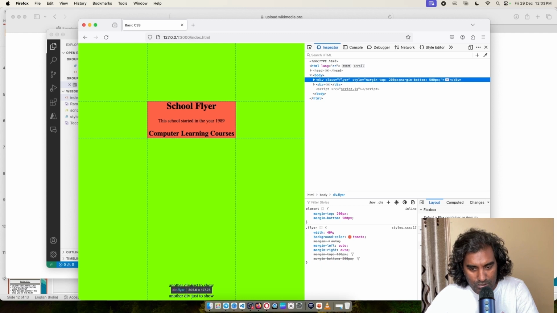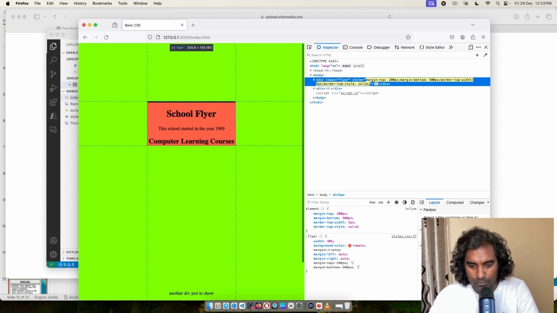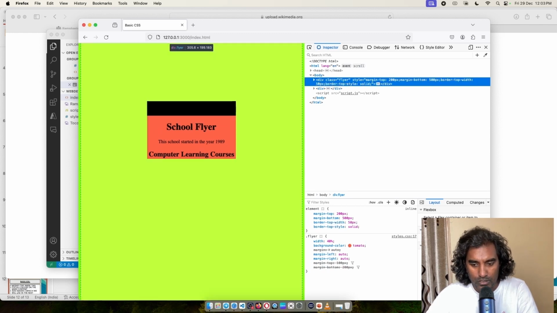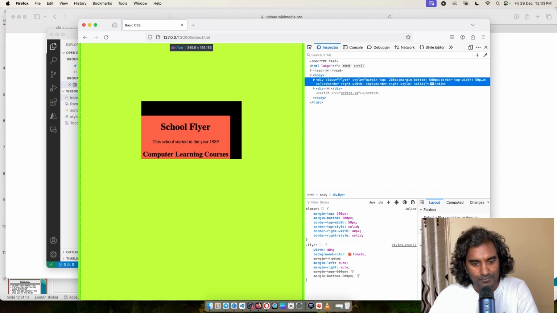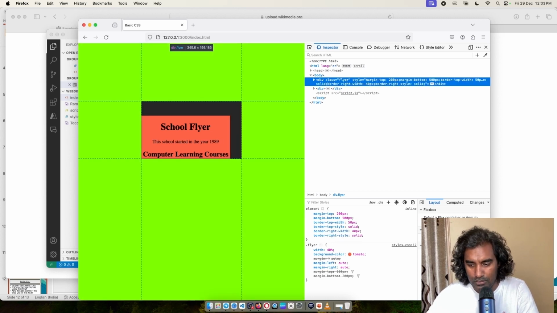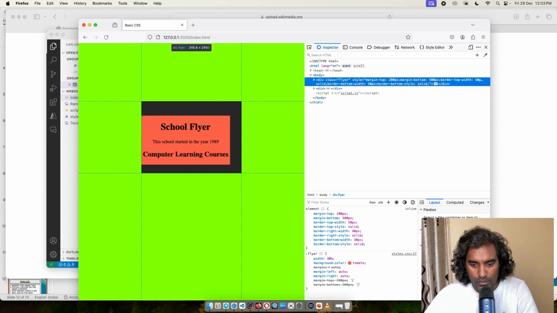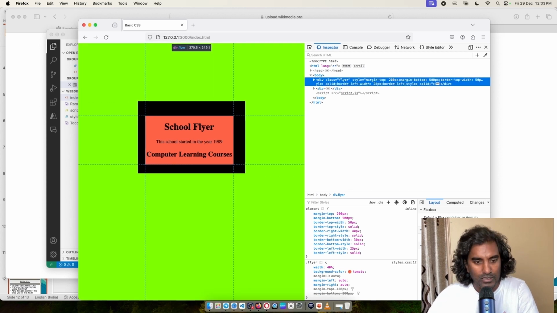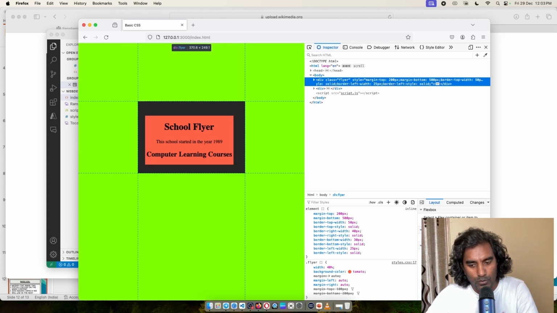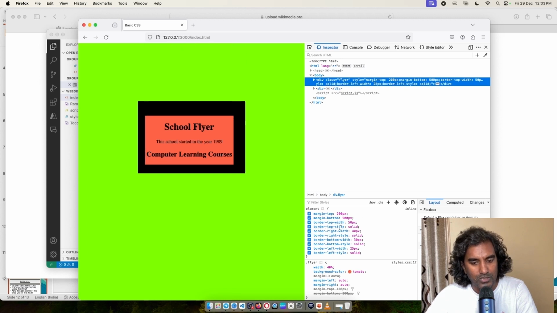You know, there's also stuff like border. What if I put the border at 50? What if I put this one at 40? And what if I put this border at 30? And what if I put this border at 25? Did you see that? Whatever you do here, it immediately shows up here as code that is being written while you're selecting and experimenting with things.